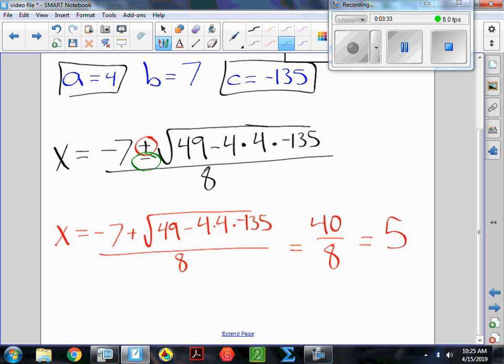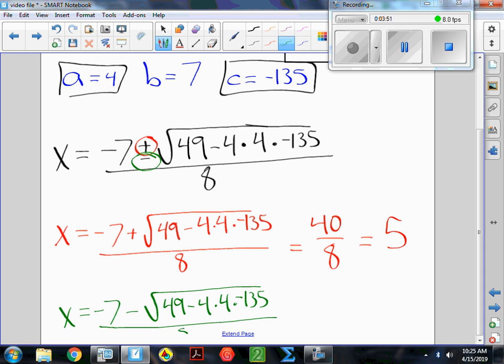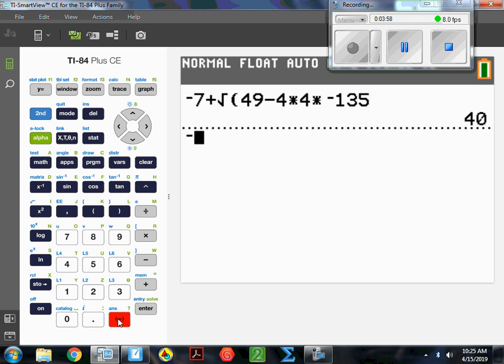Then I'm going to use, not positive answer, but the positive square root when I did negative 7 plus the square root. Now I'm going to do x equals negative 7 minus the square root of b squared minus 4 times a times c, all over 2 times a. 2 times a was 8. So same thing, but with the negative. So negative 7 minus, instead of plus, the square root of b squared minus 4 times the a value times the c value